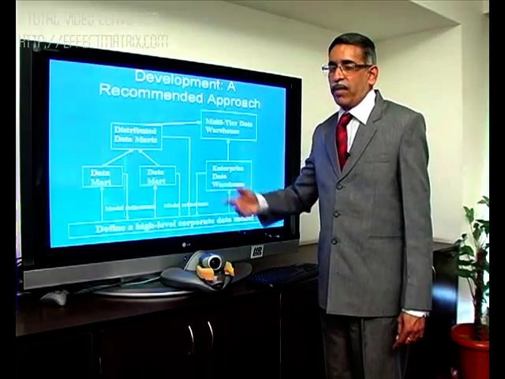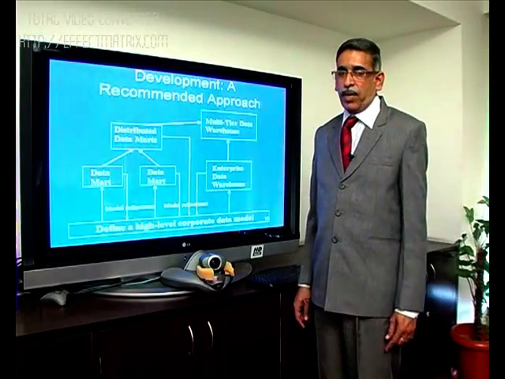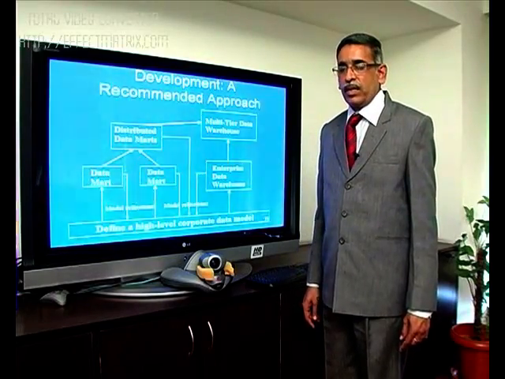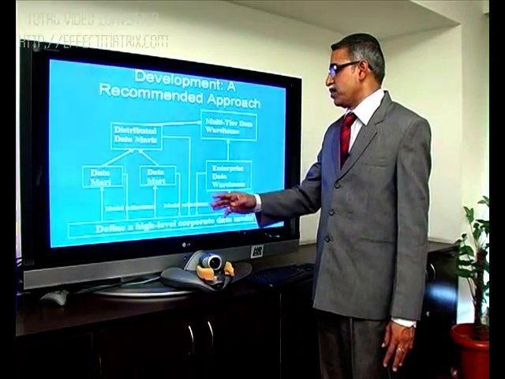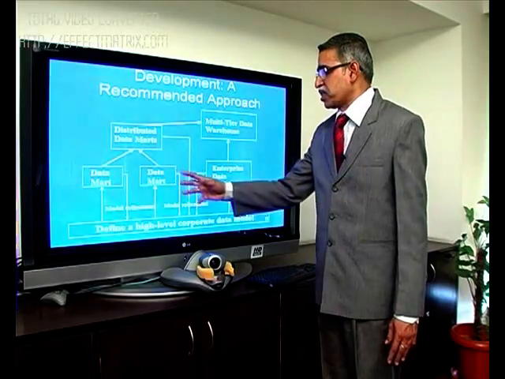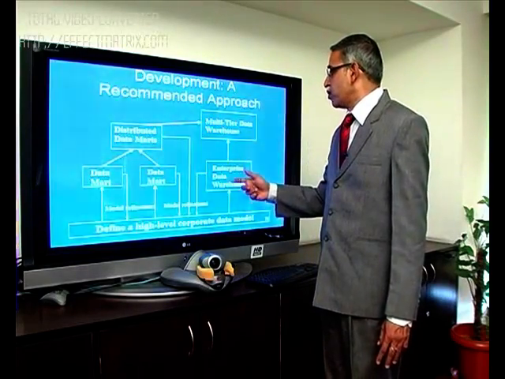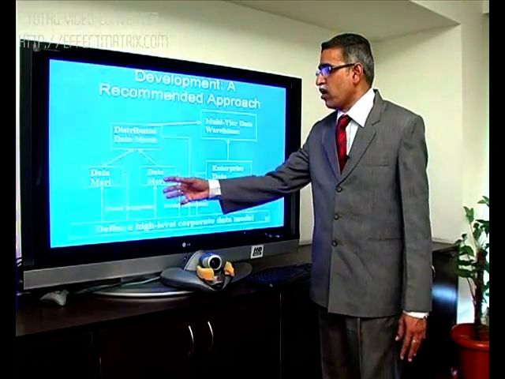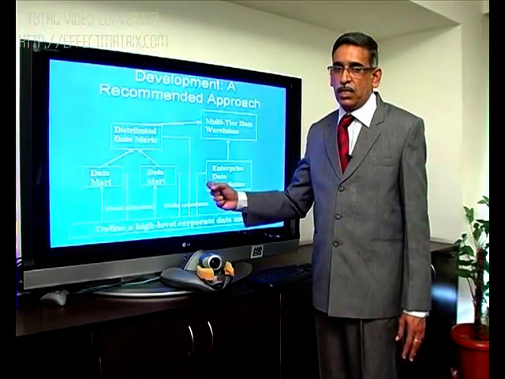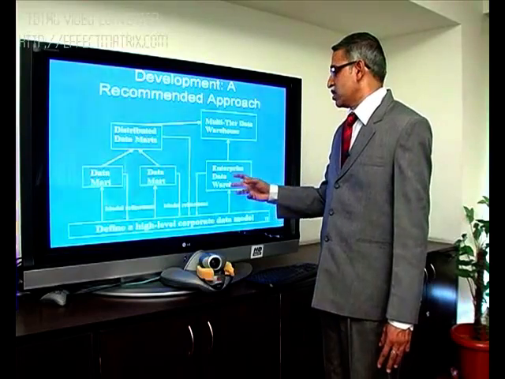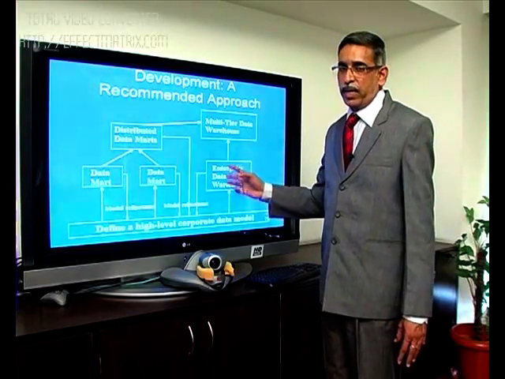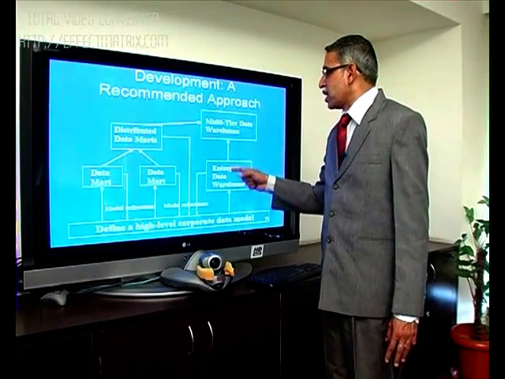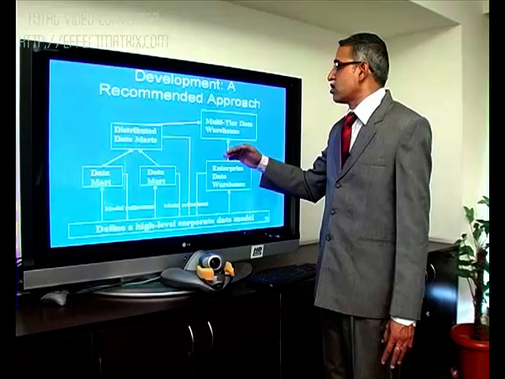Then as and when the number of data marts grows and becomes unmanageable, apply the concept of integration of data marts to build an enterprise data warehouse by grouping all these data mart functions together into a single integrated company-wide enterprise warehouse. If you are not able to manage the enterprise data warehouse, then you can go to a different